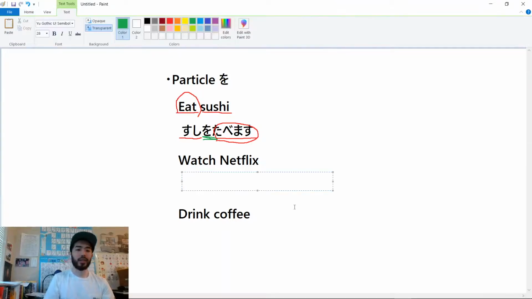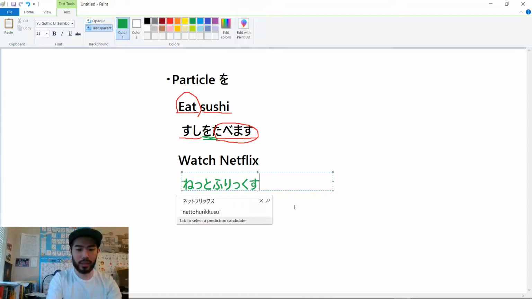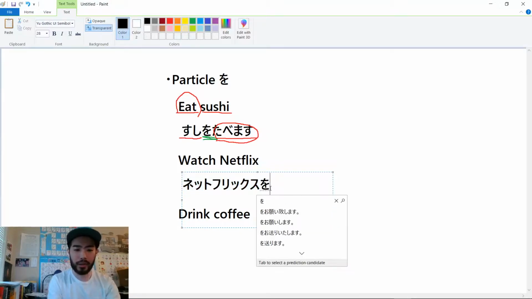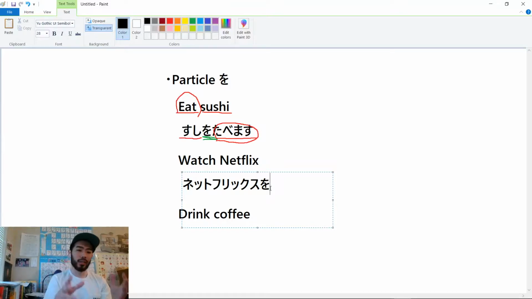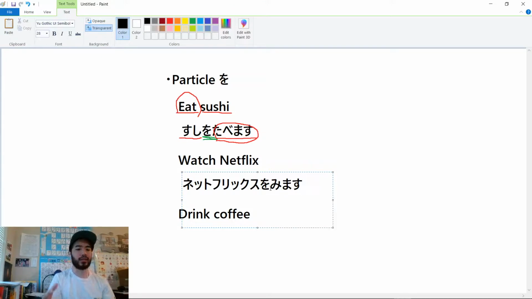Same for the next sentence. We need to say "watch Netflix." So we need the object first, Netflix. We just say Netflix for Netflix. And then the を particle and then "watch" in present affirmative tense, 見ます。Netflix を見ます。